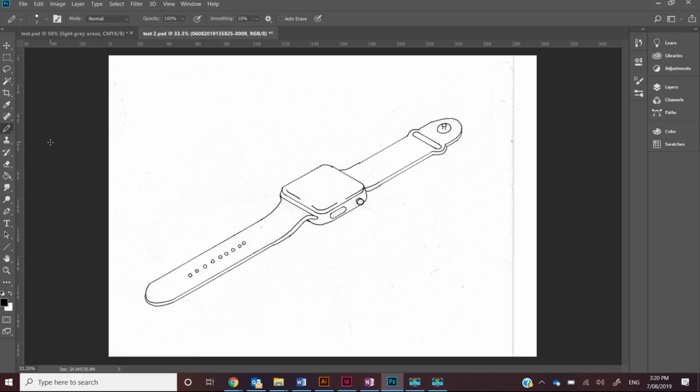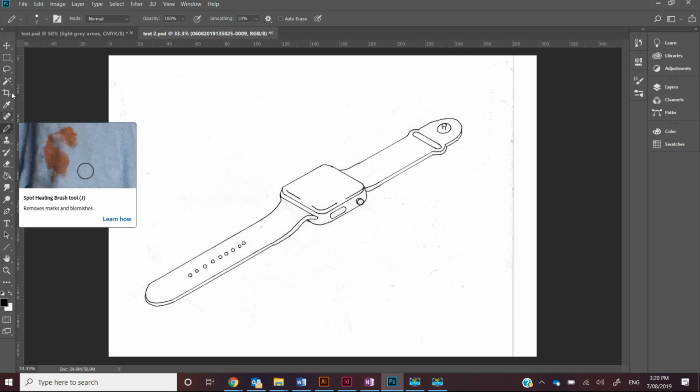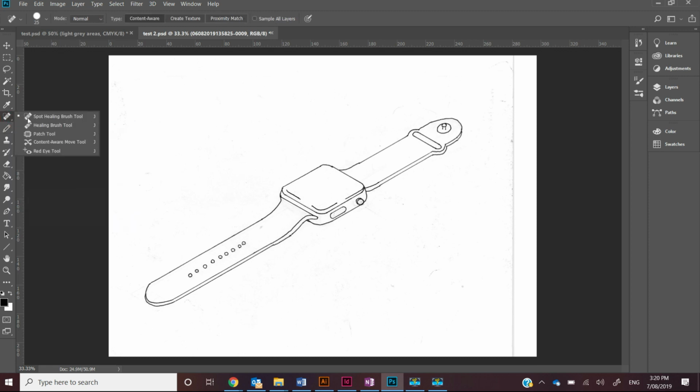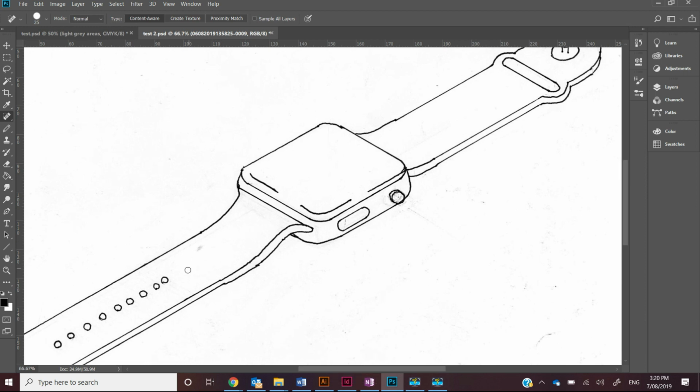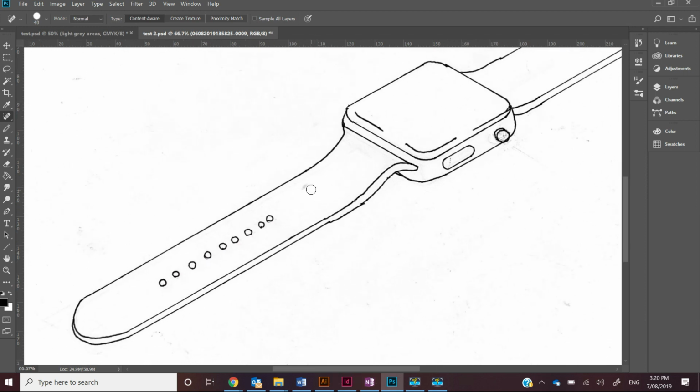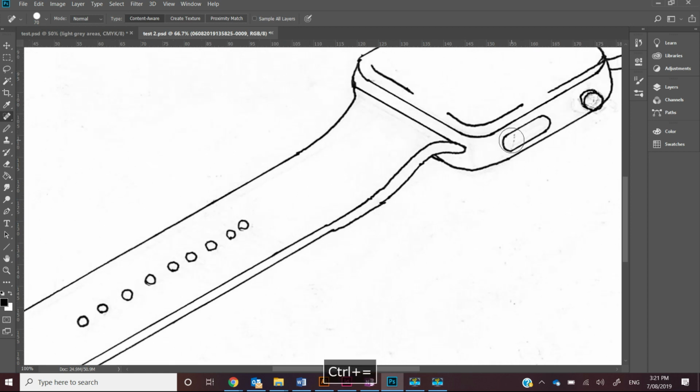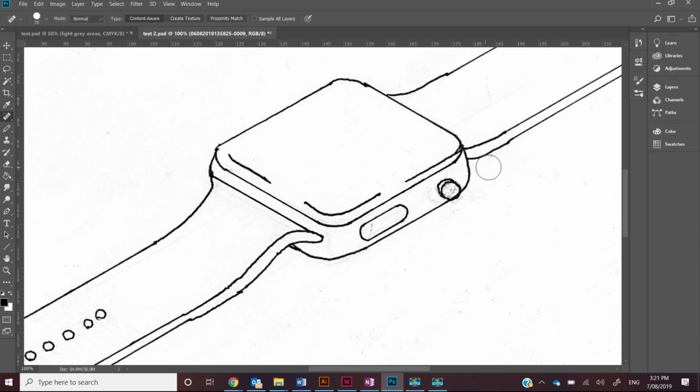The second thing I'm going to do is remove any of these little blemishes or areas that the scanner hasn't scanned very well. On the toolbar on the left hand side, you're going to see the spot healing tool. What it does is sample the pixels in the surrounding area and then work out whatever's the unusual form, so I can go through and remove any of these little parts. Often it will be from the set square or the ruler that you've used. When it becomes a little bit more difficult, like this area,